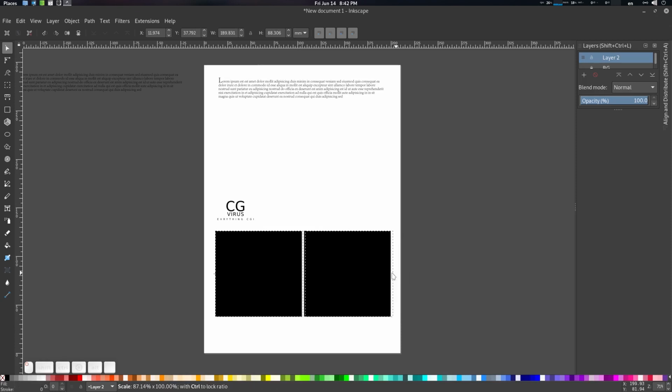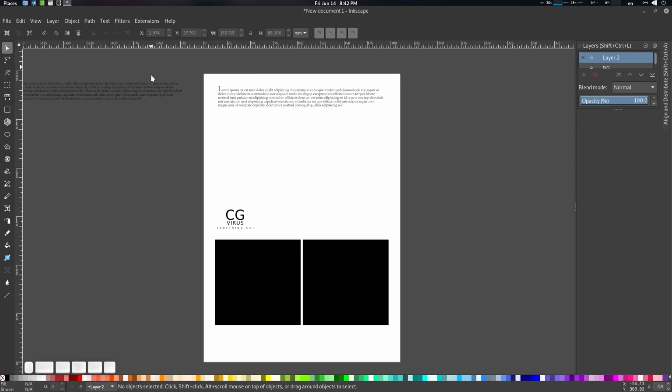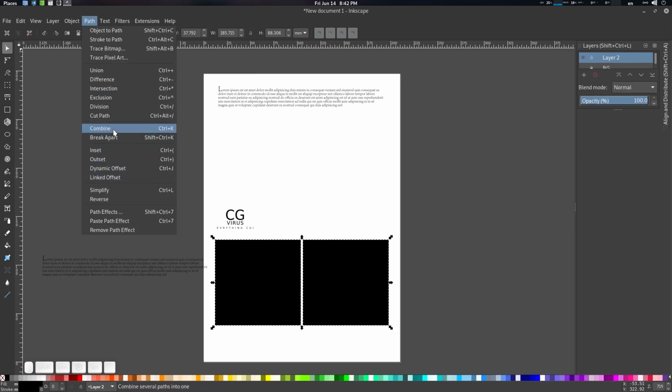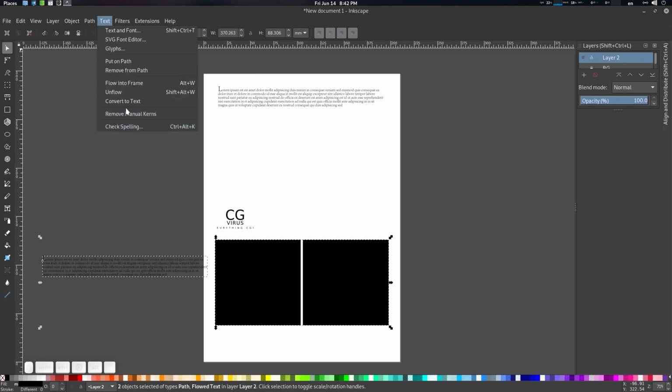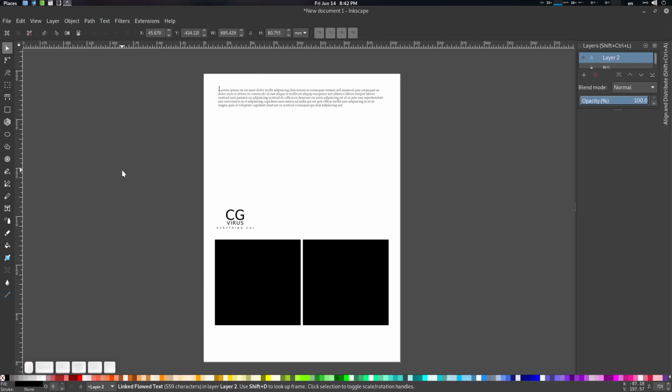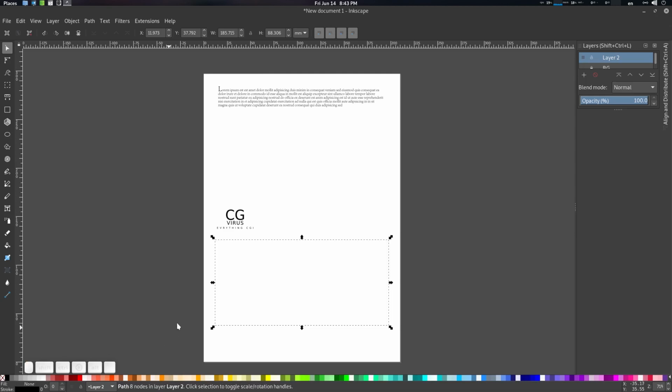Let's do it like that, somewhere center. So what we can do is basically just select this. First of all, what you need to do is combine the path, or union, then just give it like this, text and follow. So if I go here and shift black, and fill is